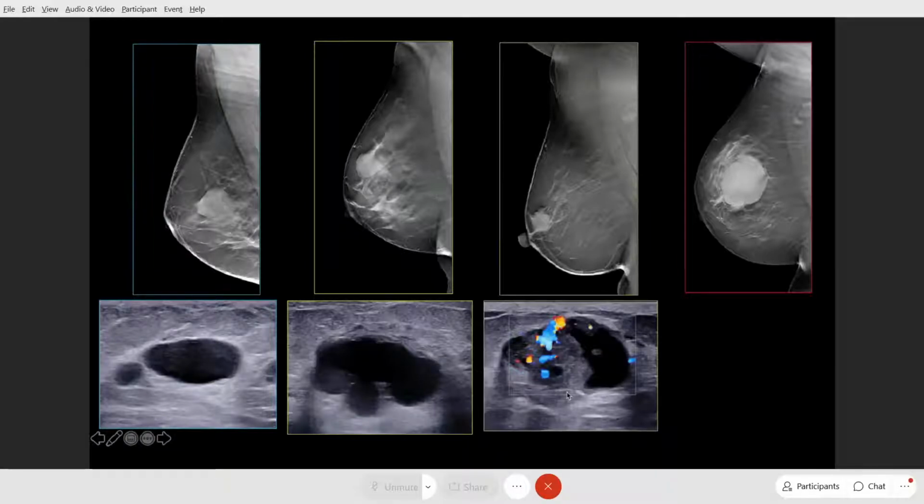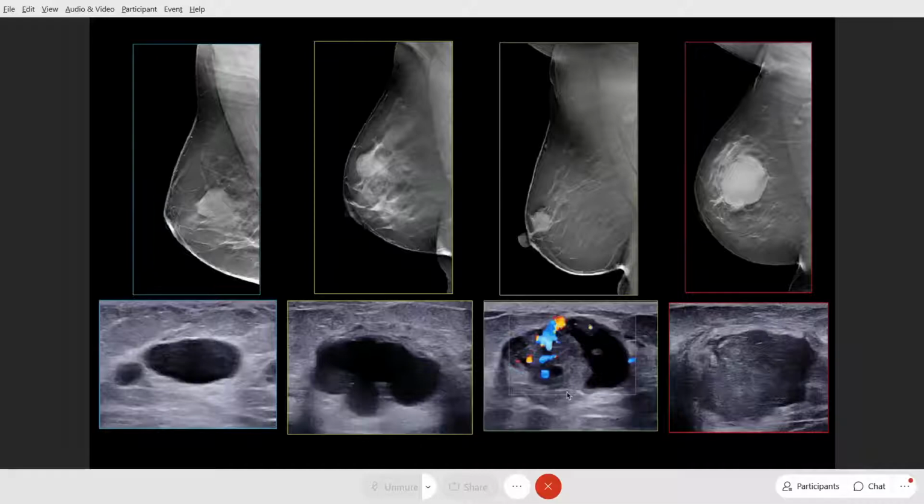As we saw previously, the role of Doppler was utilized, and we are pretty sure that this echogenic content is a solid component, and the diagnosis is a complex solid cystic mass. The last one, the lesion is entirely solid. With all the features suspicious, it has focally indistinct margins, a microlobulated margin. So, this is a suspicious solid lesion.